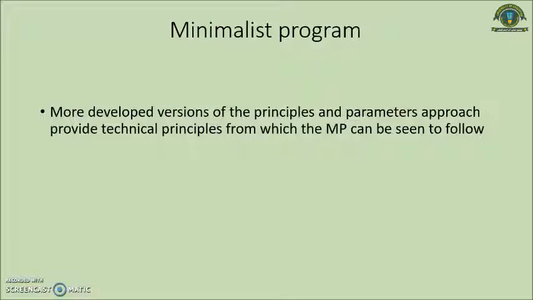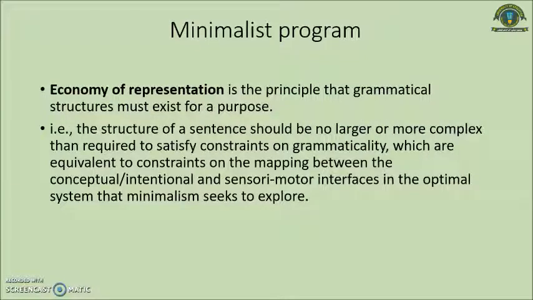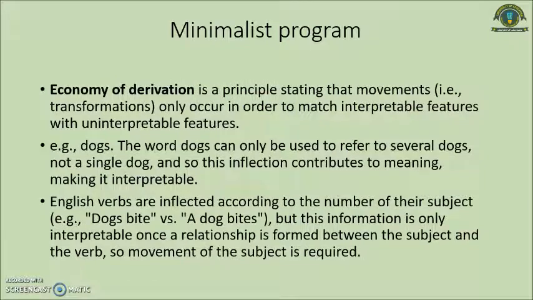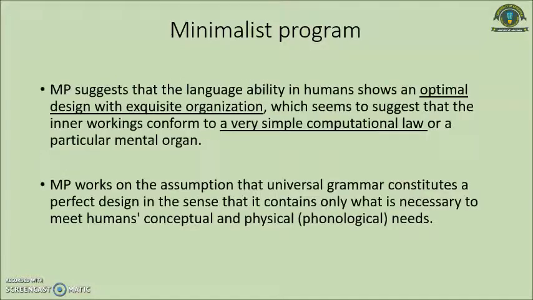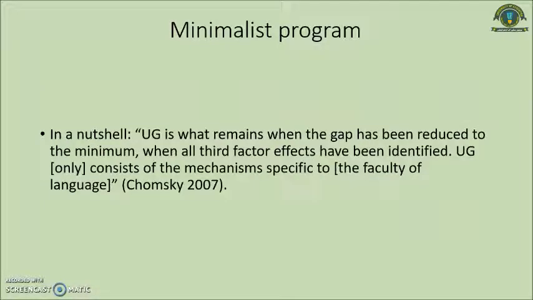Minimalism should be there. Things should be simpler. Things should be economical. There should be economy of representation and derivation, and it highlights how simple human language is and how simple its representation should be. It stimulates us to